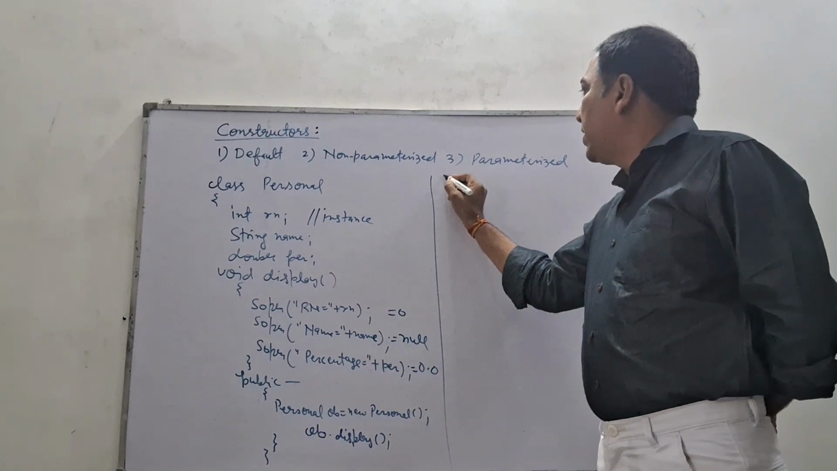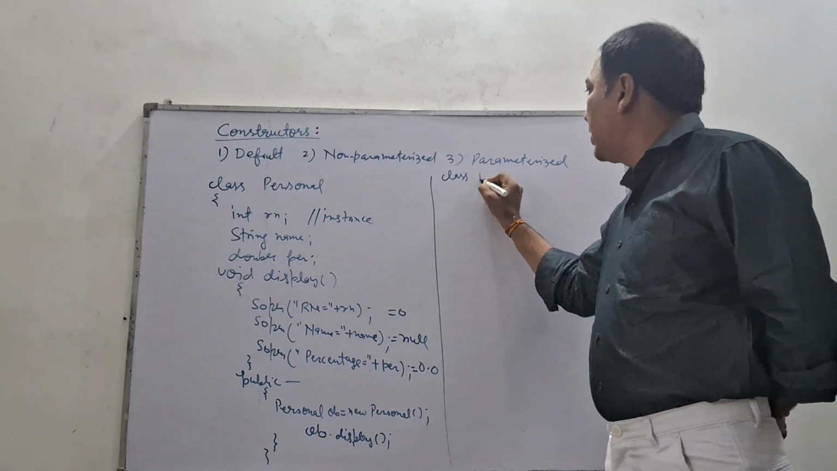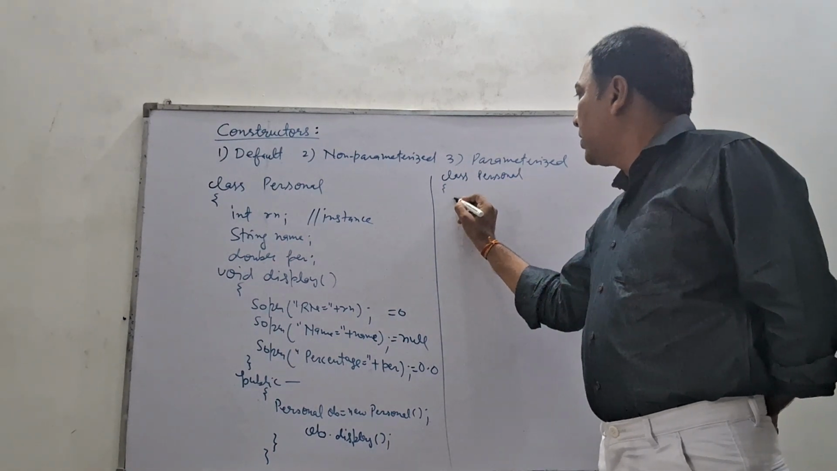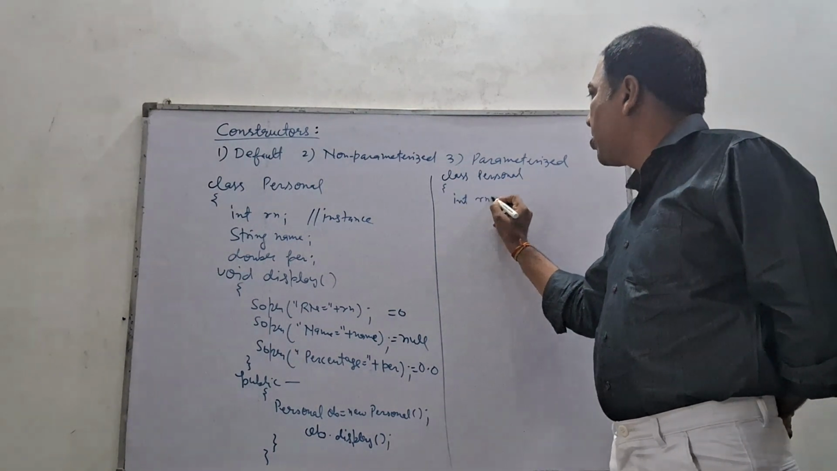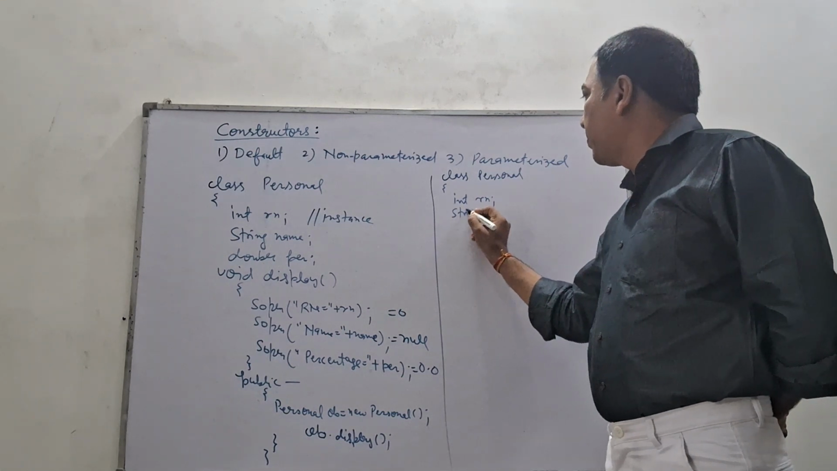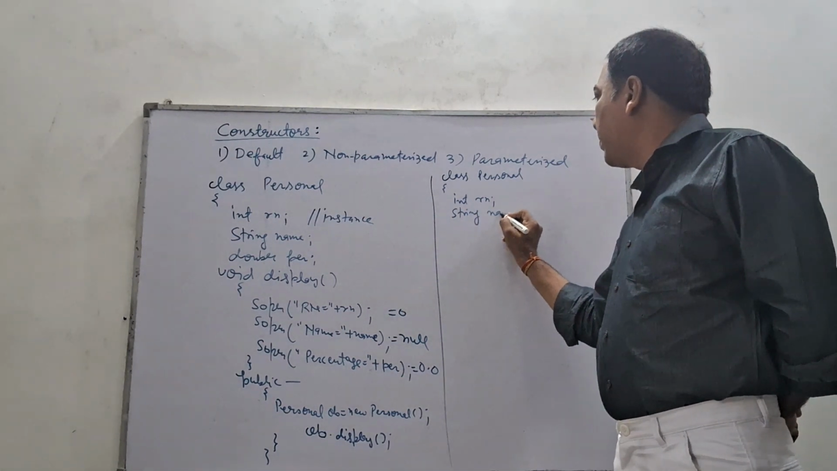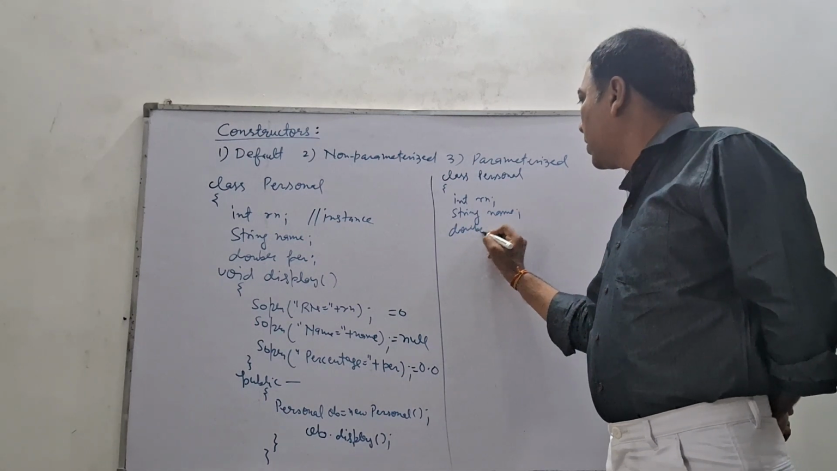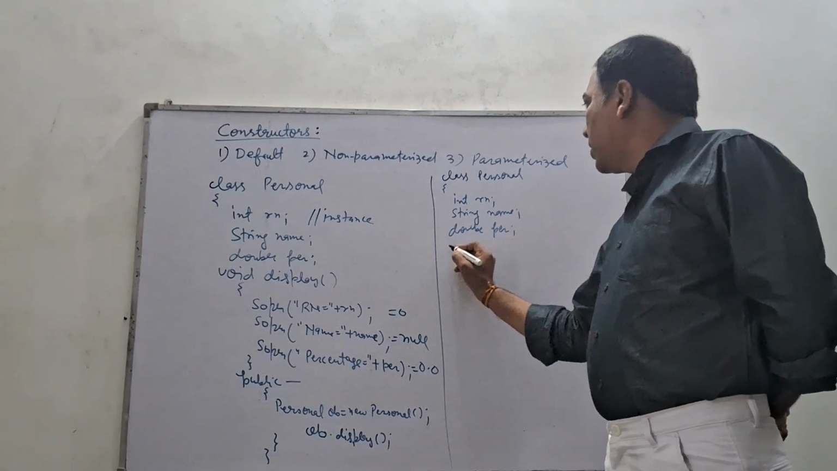For example, take the same class Personal, with int roll number, string name, double percentage. Now if I make a constructor,